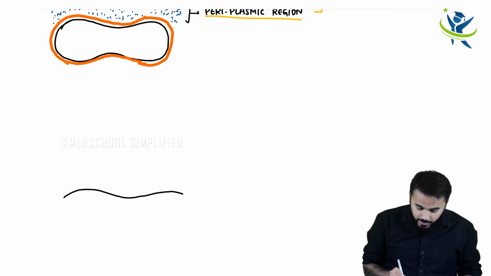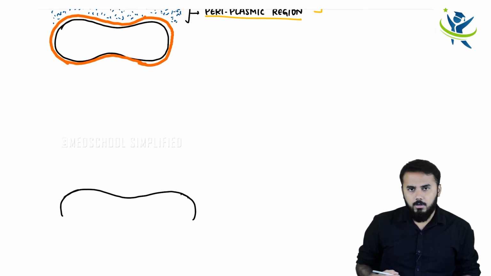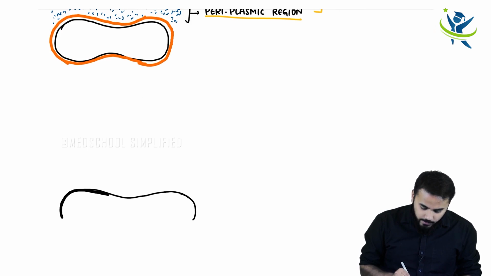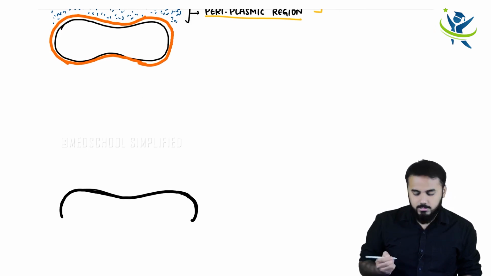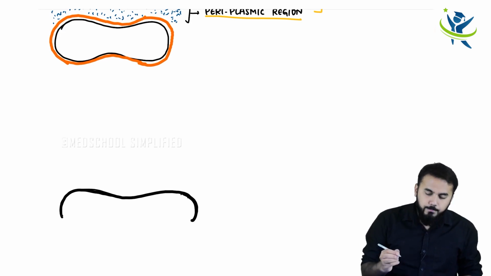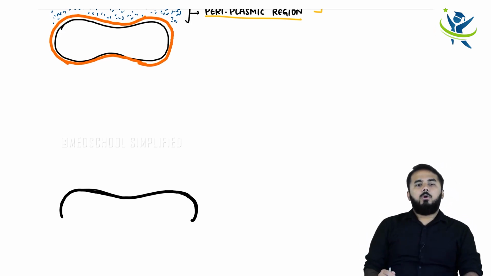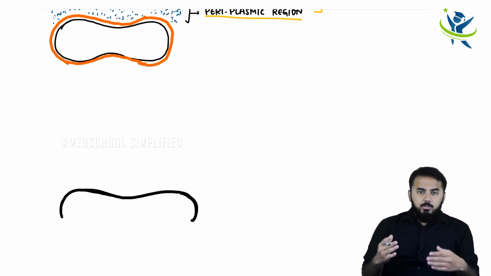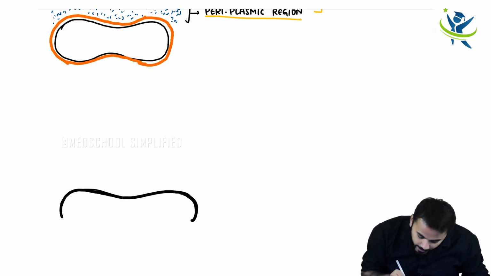This is the surface of the bacteria. I'm not drawing the full picture now. On this surface of the bacteria, what happens now? What happens is that you have got complement proteins in your body, and these complement proteins are released from your liver. So one complement protein by name